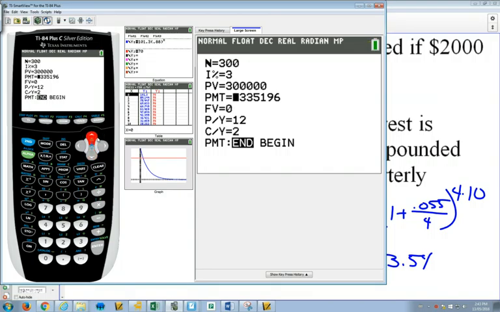What we want to find out is how much we have to pay per month. That's what the PMT payments, monthly payments are. So what we do is above your enter, you've got the green word solve there. I go alpha, enter, and it solves. So to buy a $300,000 house at 3% interest, you would have to pay $1,400 a month